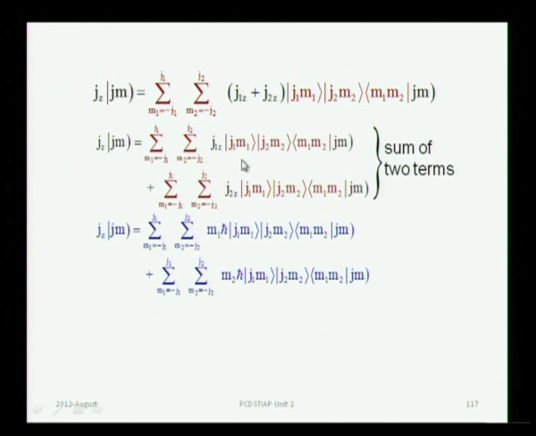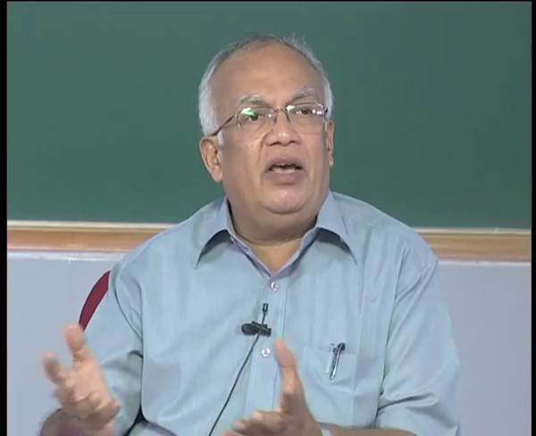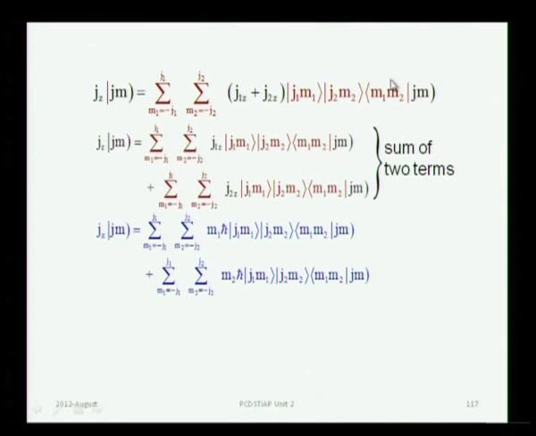Now, what is J1Z operating on J1M1? It is of course M1 h-cross times J1M1. And J2Z operates on J2M2, which is this vector over here. It does nothing to J1M1 because J1 and J2 are completely independent angular momenta. That is what I meant when I said that the two individual spaces are completely disjoint, they have nothing in common. So, J2Z will do nothing to J1M1, but it will operate on J2M2, giving you the eigenvalue M2 h-cross,